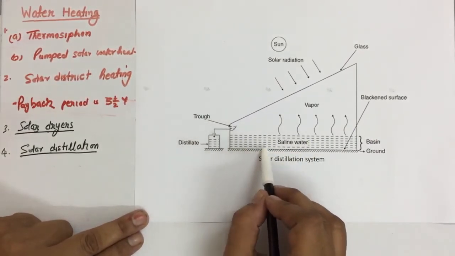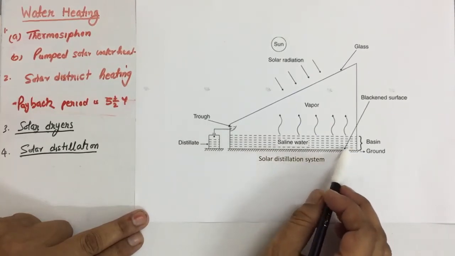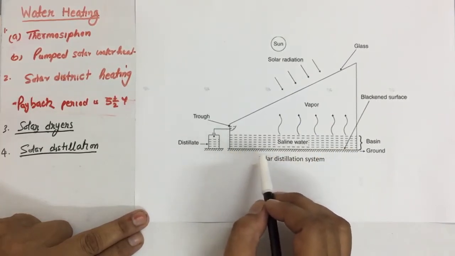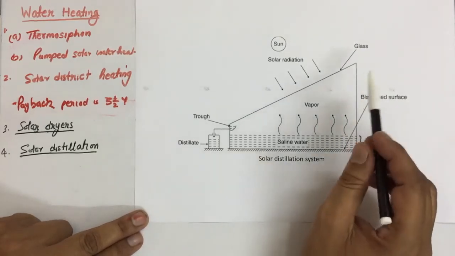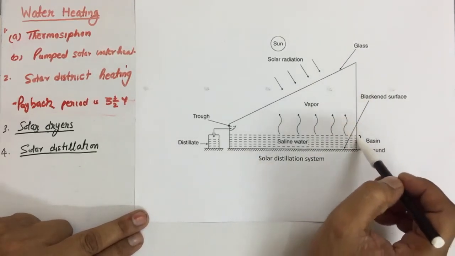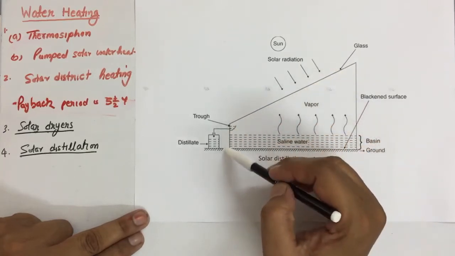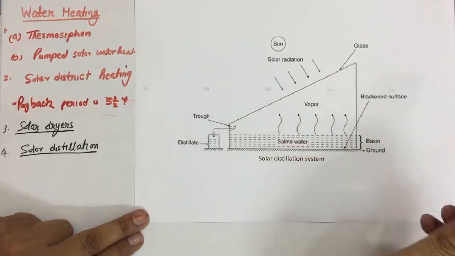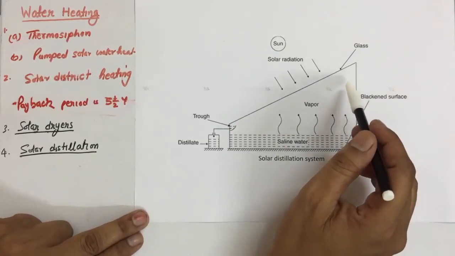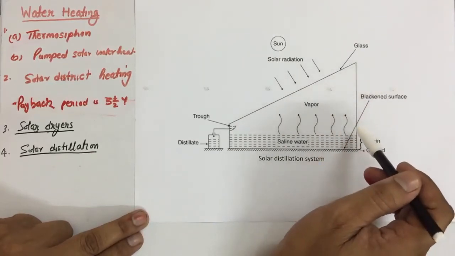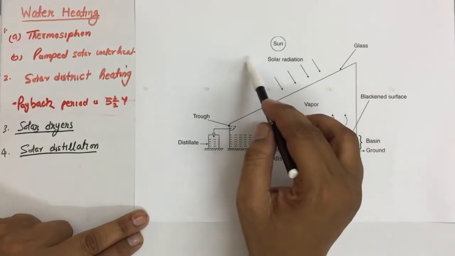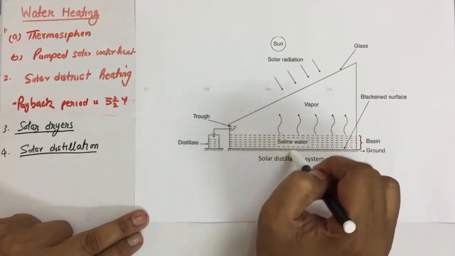The bottom level is blackened to absorb the maximum sun radiations, and this is a completely closed chamber. There is no leakage to pass the steam or air. The solar radiations are allowed to come inside,